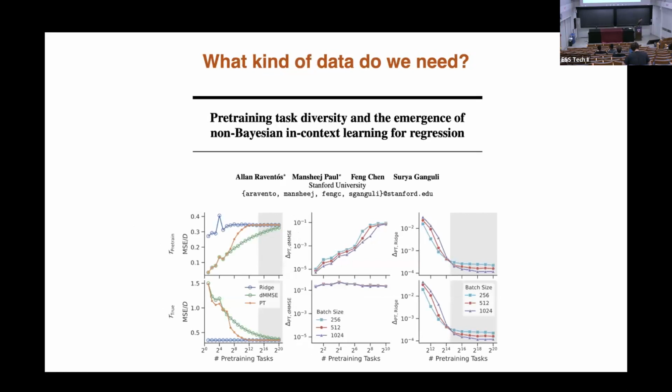Finally, all of these interesting questions about data sets. So one, and I think this is a very recent paper, but a cool thing that came out: you can imagine that if you only ever trained your model at training time on outputs from a single weight vector, the right thing to do, no matter what, is to not do any in-context learning. Just memorize that weight vector and use it to predict whatever Ys you're going to see at test time. And so there's a question of how much diversity in that training set you really need to see before you switch over to being a real learner as opposed to something that's memorized a fixed